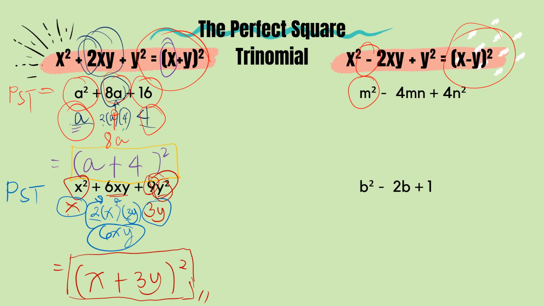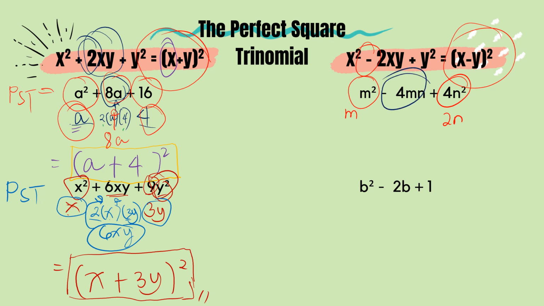So, what is the number? You multiply by itself, you'll get what? m squared. Okay, so that is m. How about the last term? Yes. So, that will be 2n. 2n times 2n will give you 4n squared. So, let's see if it will satisfy the middle